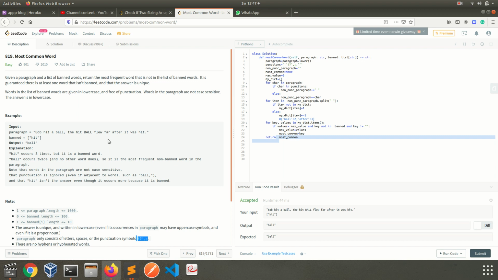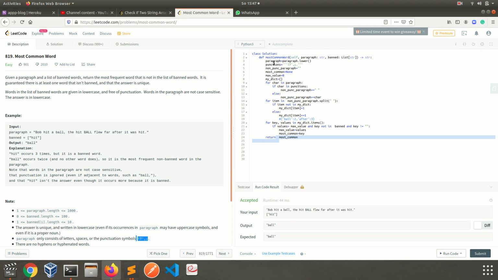First of all, if you read the question, there is something we need to be careful about. We need to return that word in lowercase, and the paragraph can contain both uppercase and lowercase. Because of that, I made some normalization at this point.